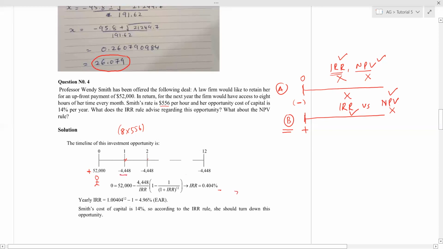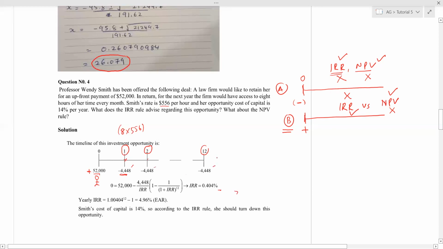She will spend 8 hours and the services of those 8 hours are equal to 4448, and it will be for how many months? 12 months. So she received 52,000 and in return she is going to deliver services worth